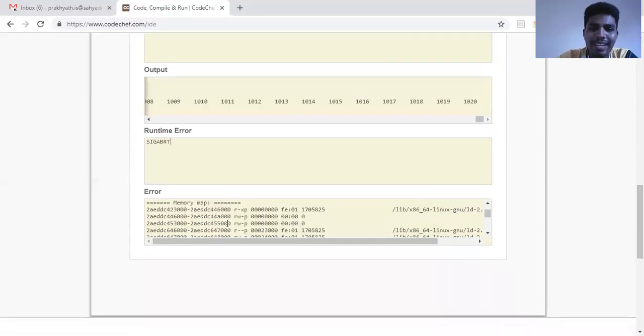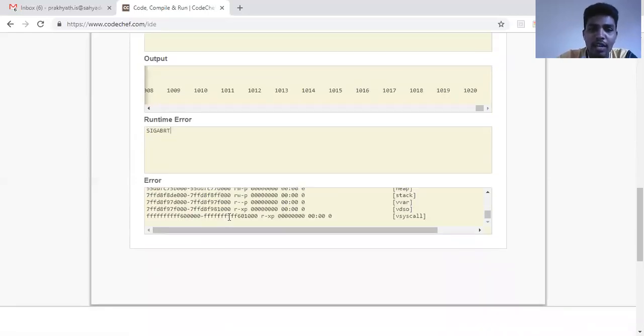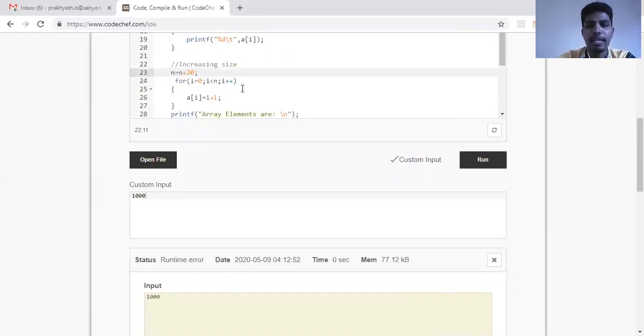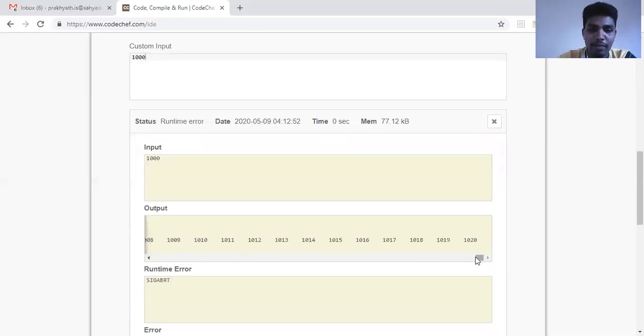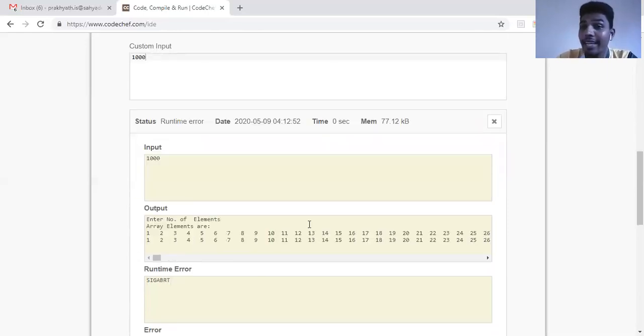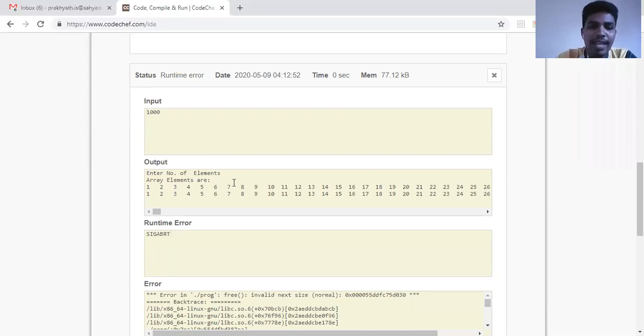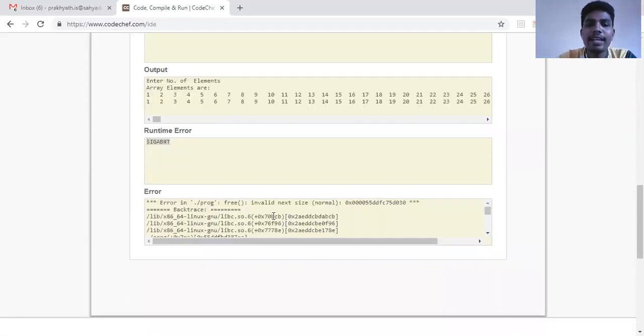So why is this runtime error coming? It is telling that you requested 1000 and in between you changed it to plus 20. Now where should I give you the 20? However, I gave you the answer because I had enough space. But had it been a static compiler, it would not have given you the answer. Here it has space, so it gave you the answer, but it also told that it is an error. So you can see here, clearly it is telling an error.